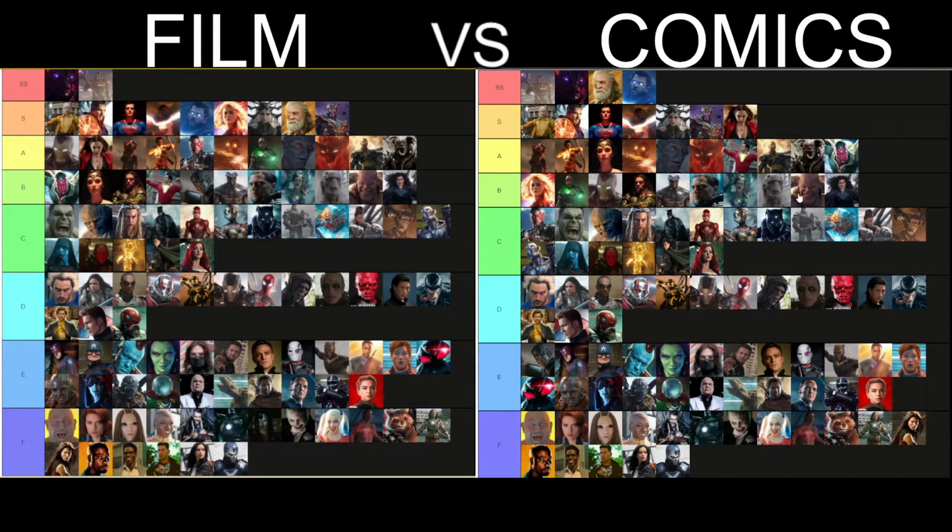Zod, I think, is fine where he is. Ebony Maw is also okay where he is. He could be nerfed. I think in the comics he doesn't really perform as well, but it's fair enough to say Thanos without the Infinity Stones is about the same level as him. Agatha Harkness in the comics is quite scary. She can be considered Titan level because of the types of magic that she's been shown to carry with her, and also her knowledge and experience in the mystic arts makes her quite a scary opponent because she's always competing with the likes of Strange and Scarlet Witch. So I think keeping her closer to them is a little more fair.